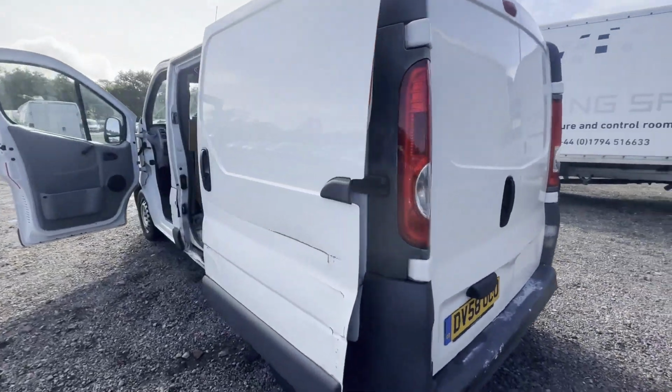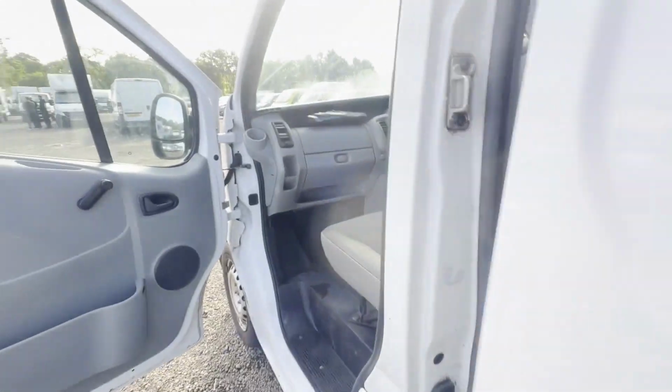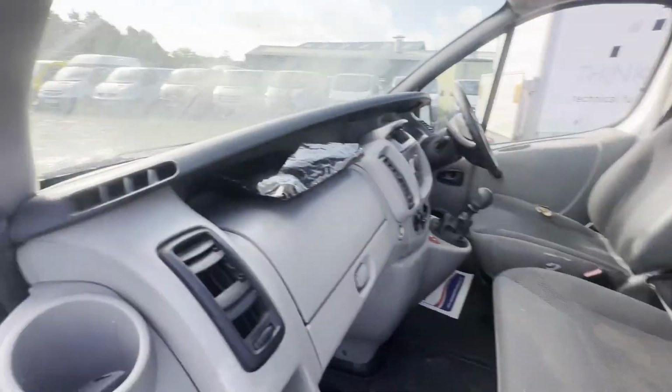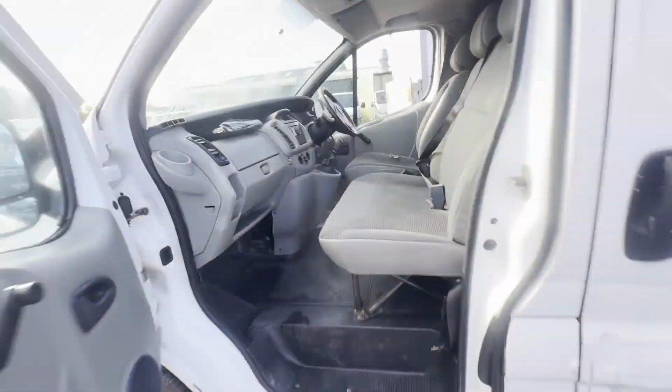Runs perfect. Has a slight gearbox whine in 4th and 6th gear. It does not affect the drive and can still be driven as it is. Either use it as it is or repair it when it breaks. Either way, it's a cheap ready-to-work Vivaro. Condition summary: